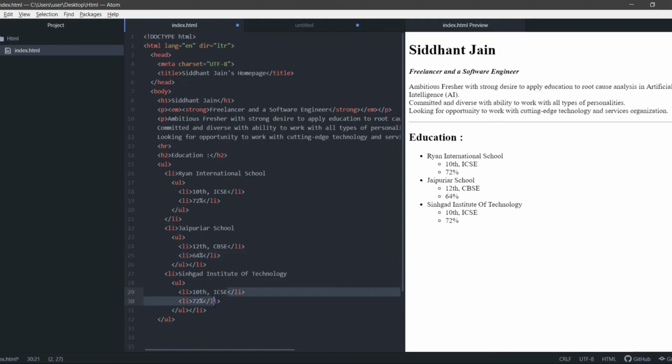I'll just need one space here. I'll write out the percentage that I scored. I'll write 85%. Okay, so this was basic. You can always add a few more things if you want. Now this was about my education.